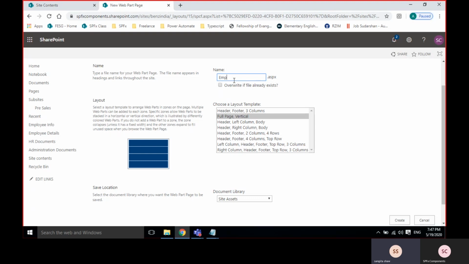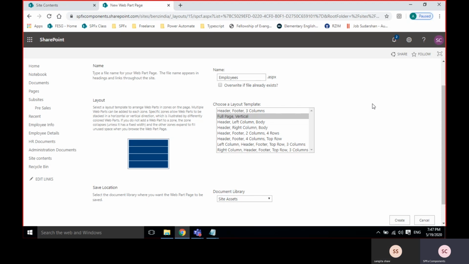Basically, when we are using this page, for example, if I want to share some content, some people will share it through pages.